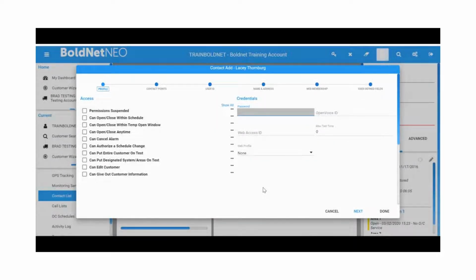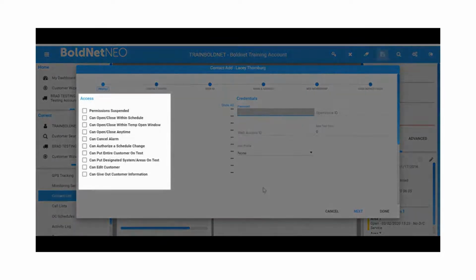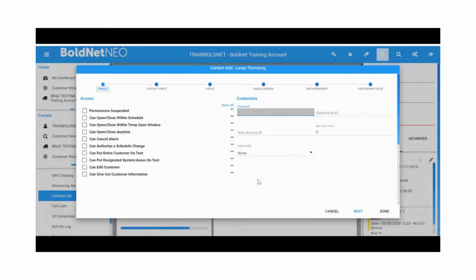Profile. Access. We have two different access levels. One that can make account edits, one that cannot. If you would like the new person to be able to make edits, you will check can open and close within a schedule, can cancel an alarm,